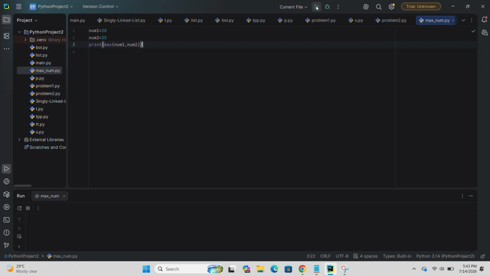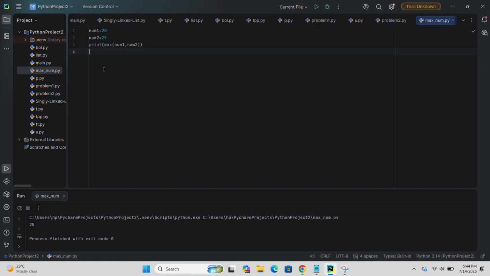Let's run this code. You can see, guys, here it is showing 25. Now let's take user input in this program, then we'll see what output we get. How can we take user input in this same program? So I write here int, then input,